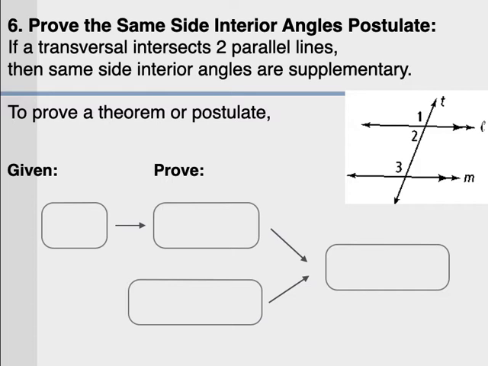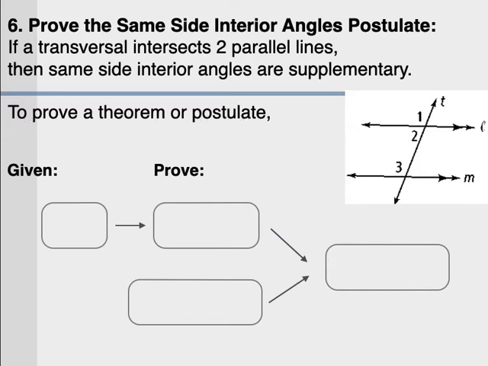So for question 6, we're actually going to write the official proof for a postulate. This is actually how mathematicians get famous, if they write a proof for a theorem or postulate. They prove why it's true, and then they become big name mathematicians. All right, first note to make on your paper is in that blank under